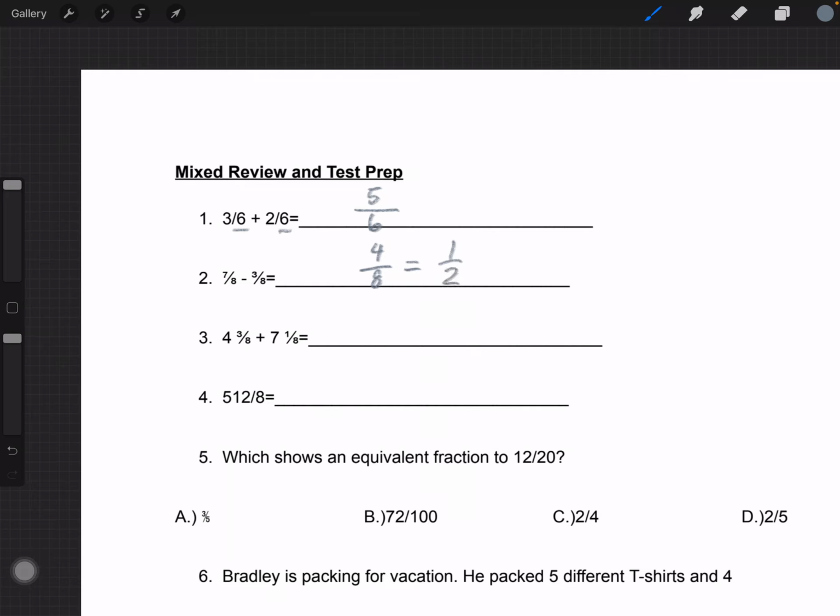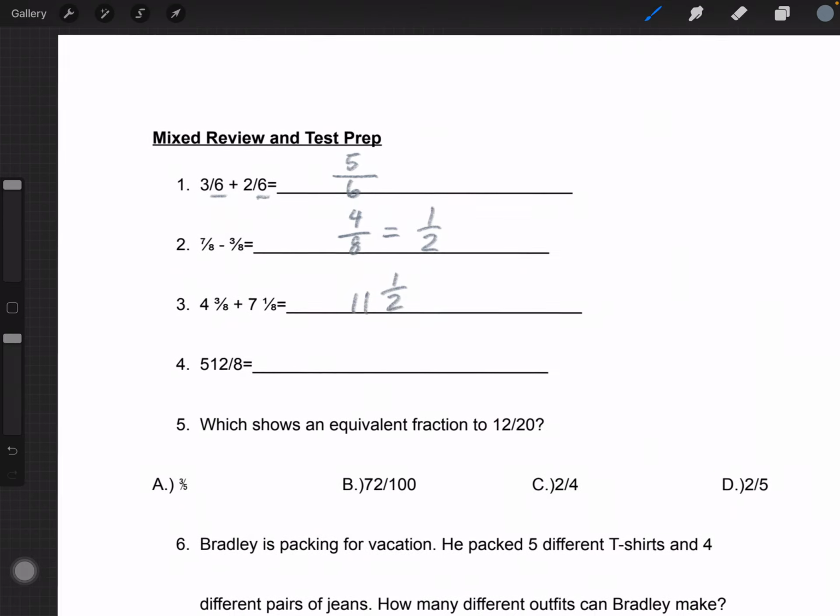The third one is a little bit more complicated. Let's do 4 plus 7 first, which equals 11. And 3 over 8 plus 1 over 8 is 4 over 8, same denominator. Now we already know 4 over 8 is equal to 1 out of 2, so we can just write that there: 11 and 1 out of 2. Okay, lastly we have